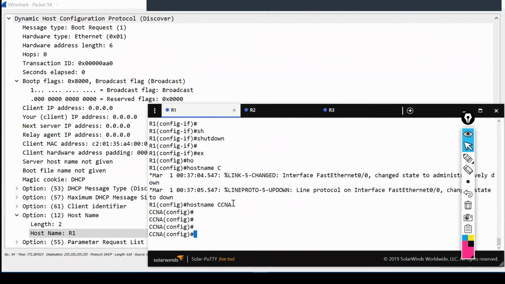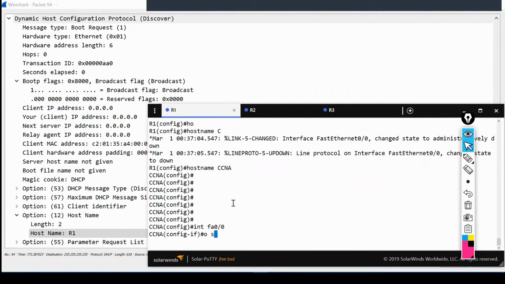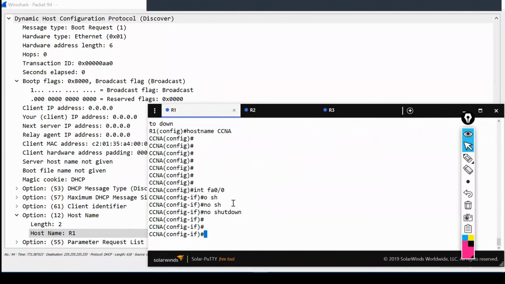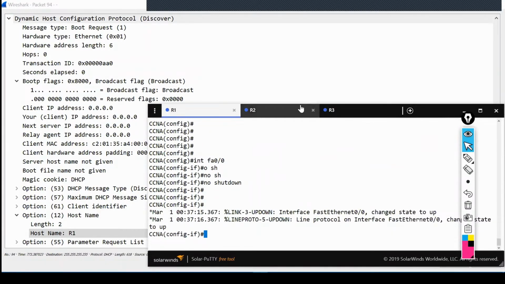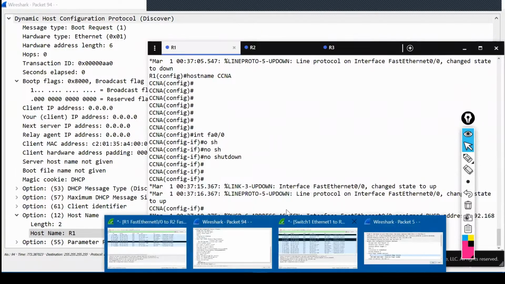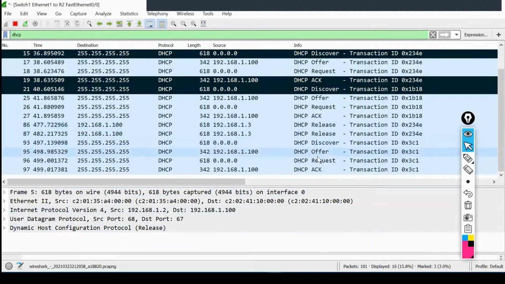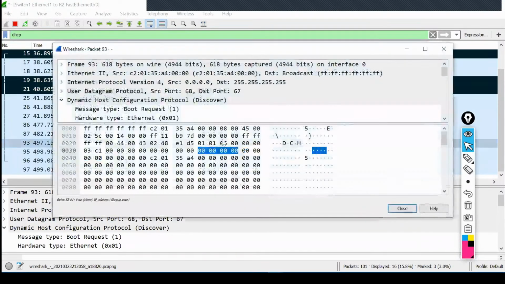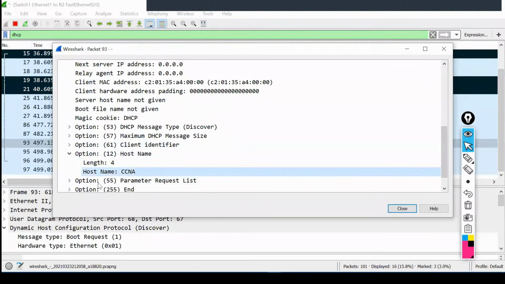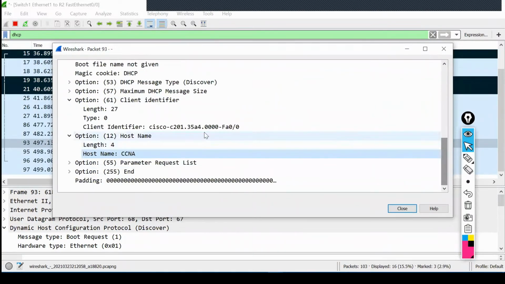Now interface 0/0 no shutdown. See? So the host name they are also going to put, and then after that, if you see the client identifier, in the client identifier they put the MAC address.